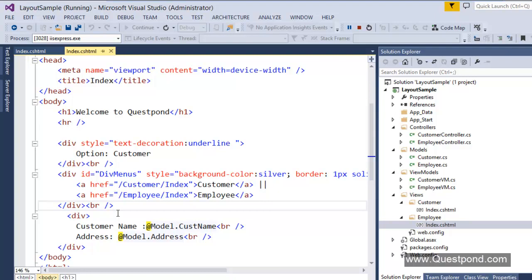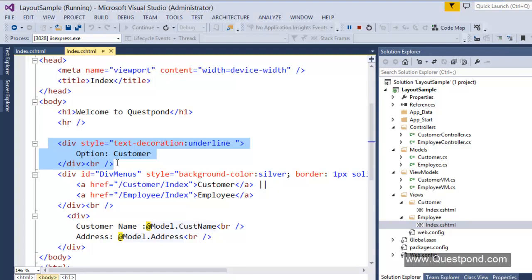Secondly, let's say we are asked to create one more option later in the future. Let's say that task is assigned to one of the junior developers, and let's say he forgot to put this div tag in his option. It's possible, right? In that case, we just violate the consistency. In some of the options, we see the option name. In some of the options, we will not see the option name. That means we are completely violating the consistency.